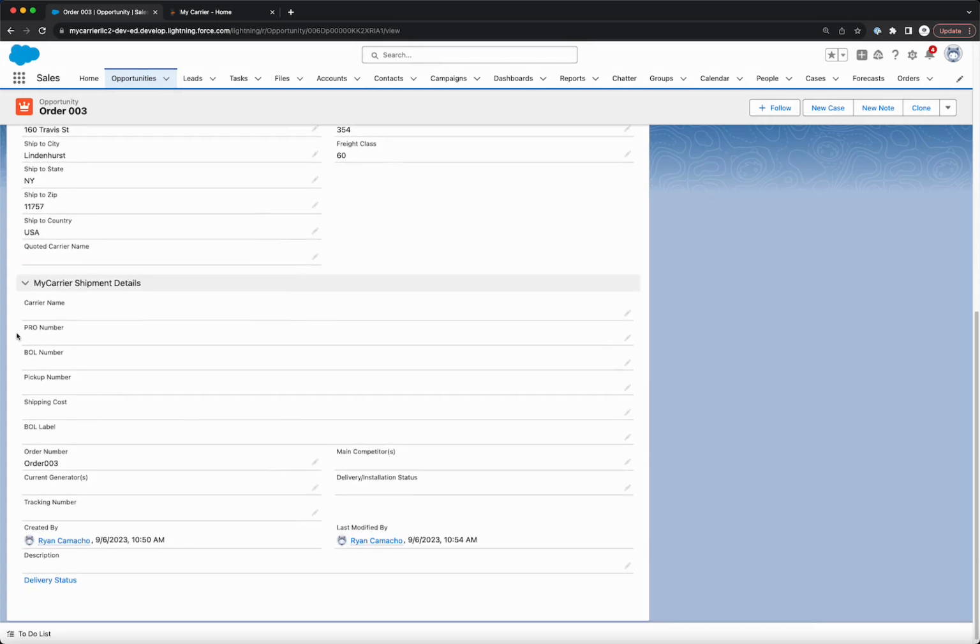We also have fields that we can expose on your object that give you the write back details. Right now they're blank because we haven't shipped this order yet, but we will write back, and we'll show this later in the demo, the carrier name, the pro number, bill of lading number, shipping cost, and you actually get a link to your bill of lading documentation